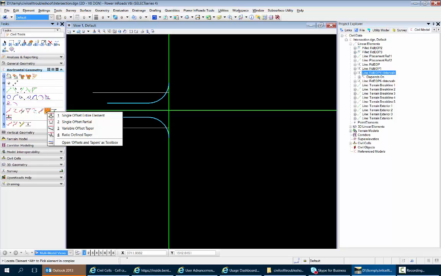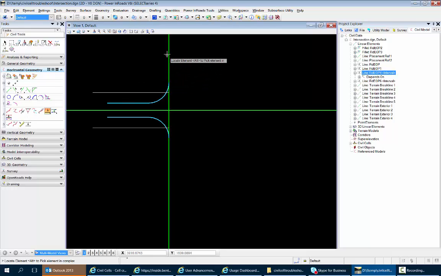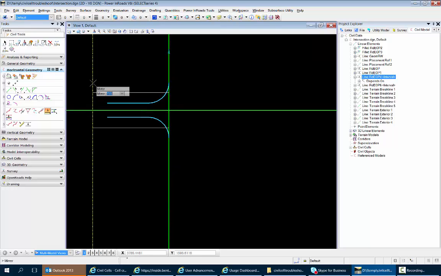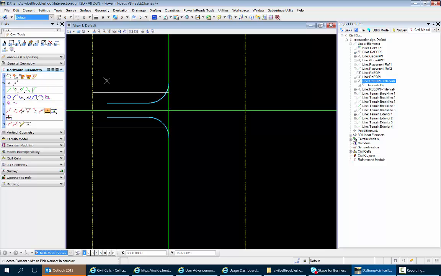So what I'll actually do is I'll come and single offset the entire element, and I'll offset this element just 130 feet over here, and I'll give it some feature definition that I can come in and turn all these off later. Okay, so once I have this element over here, then when I go to single offset partial,